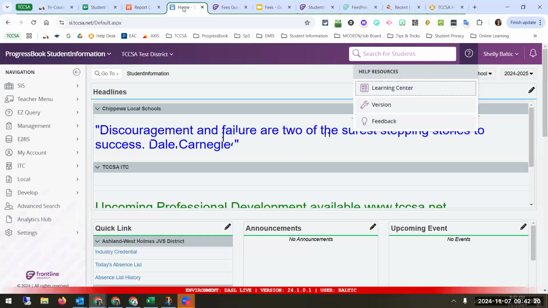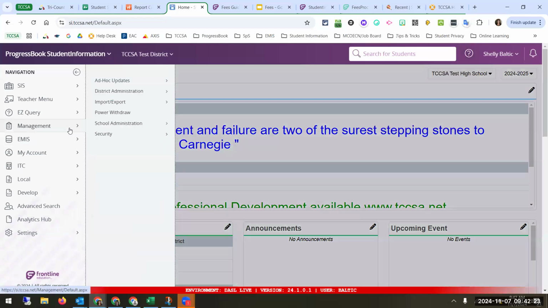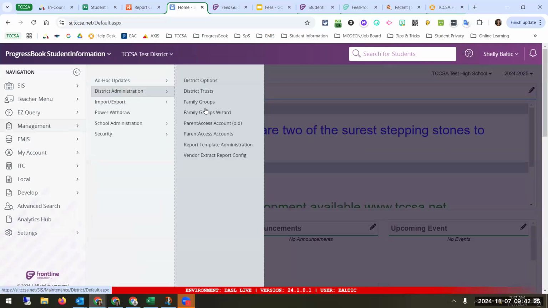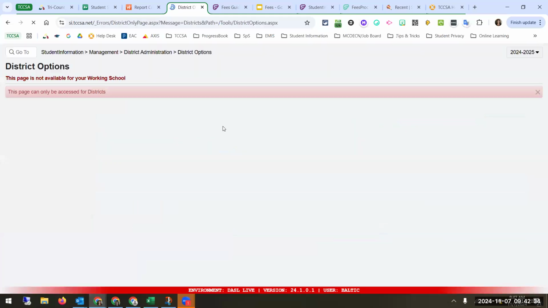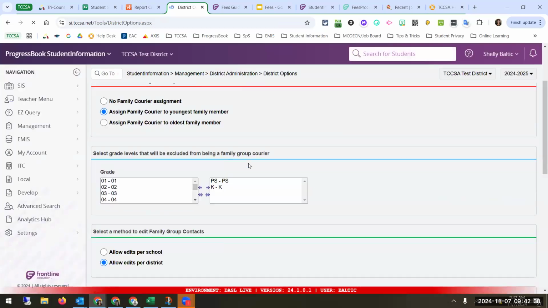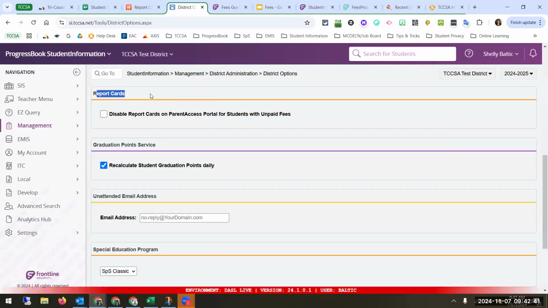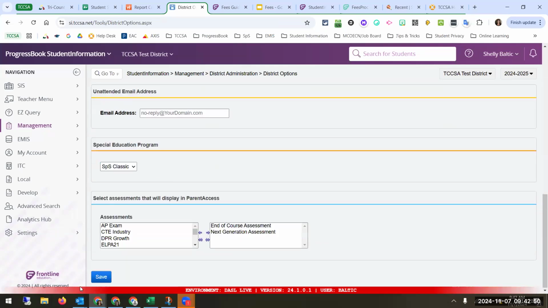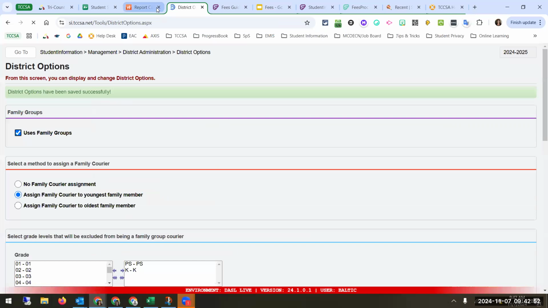So if I go in student information under management, district administration, and my district options. Some of you might not have access to this, but if you do, in here, let me switch to the district level. Here is the option for report cards to disable the report cards on parent access for unpaid fees. So Mickey has unpaid fees. So if I check that and I hit save,